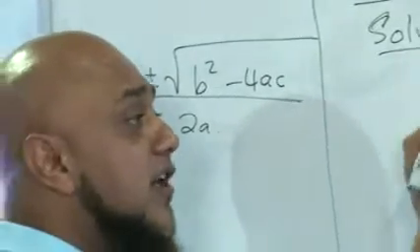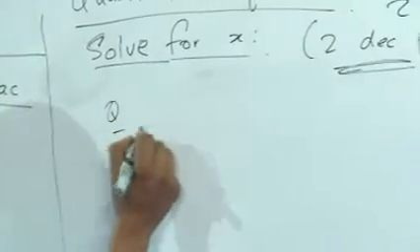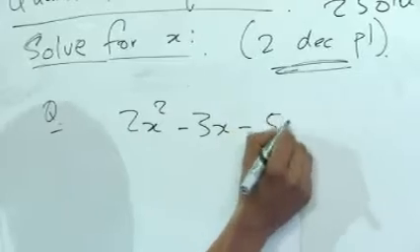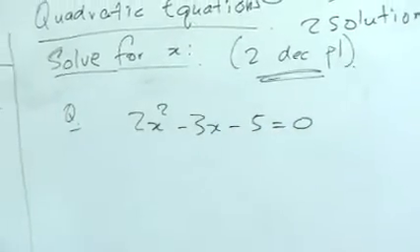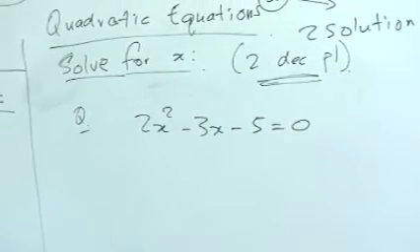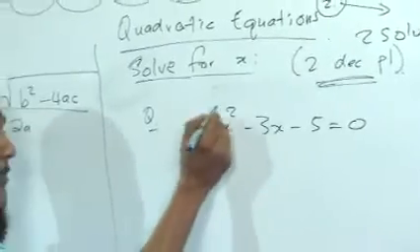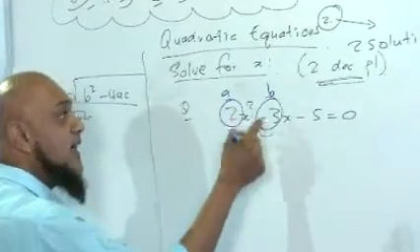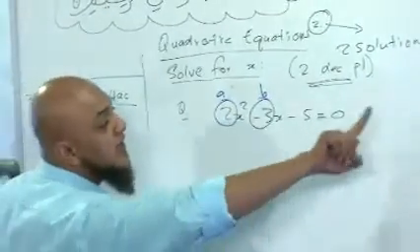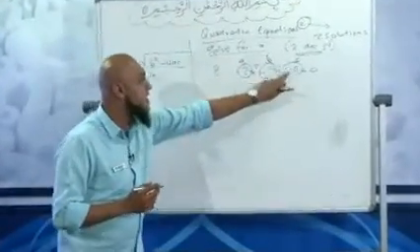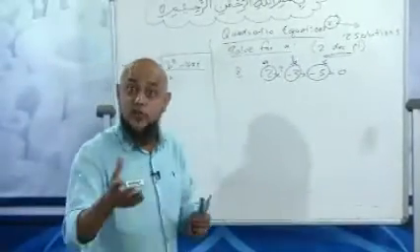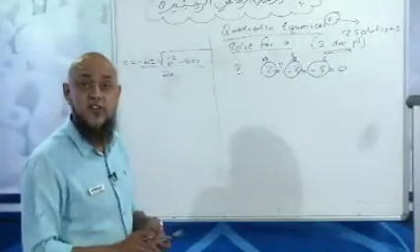So if I have a quadratic equation, if I told you solve for x, here's the question, 2x squared minus 3x minus 5 equals 0. Now, what is a, what is b, what is c? We all know by now that the coefficient of x squared is a. The coefficient of x, including the sign, is b. Whatever comes after that, that is your c value. So that's a, that's b, that's c. We now take this, we plug it into the formula, and we use our calculators in order to get it correct to 2 decimal places.